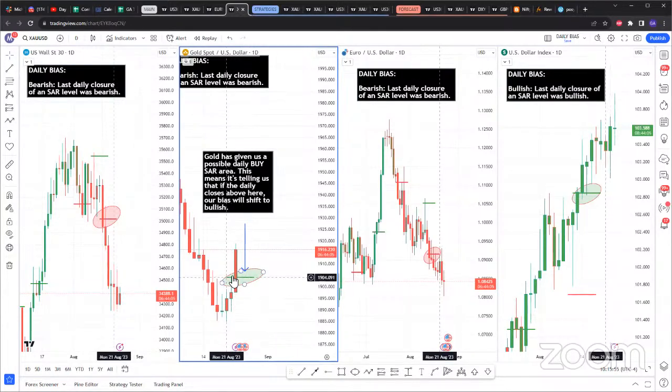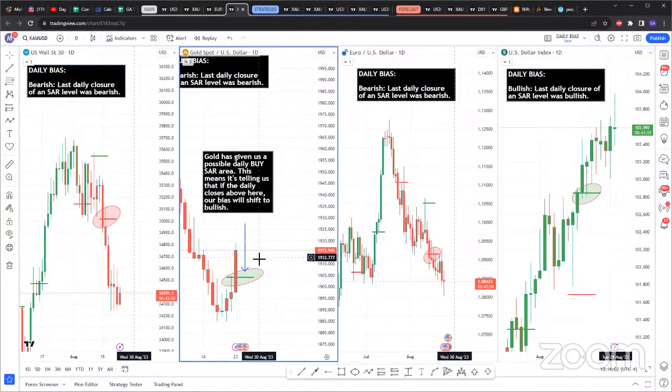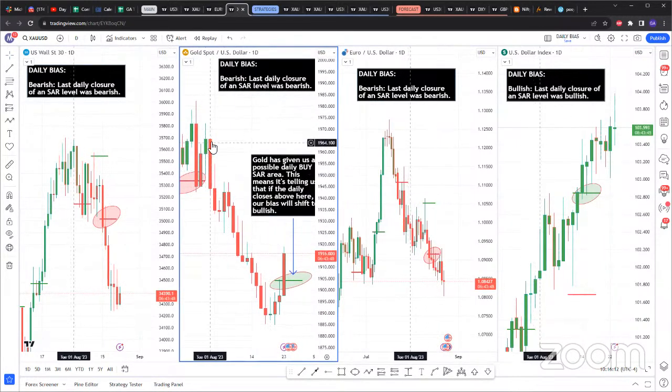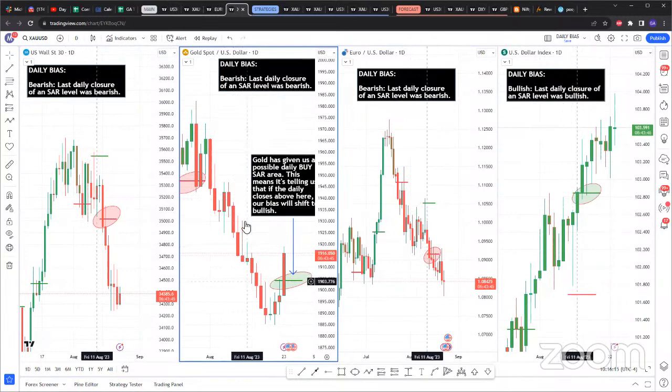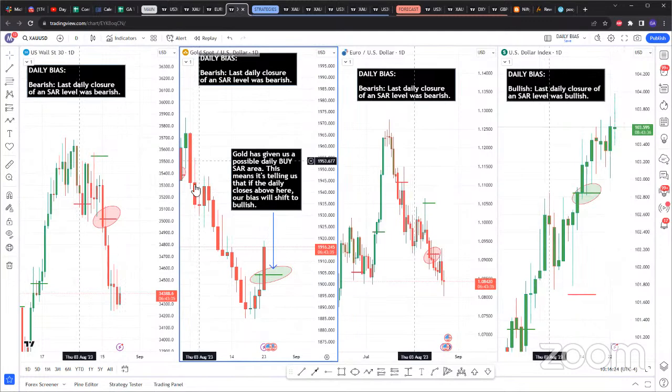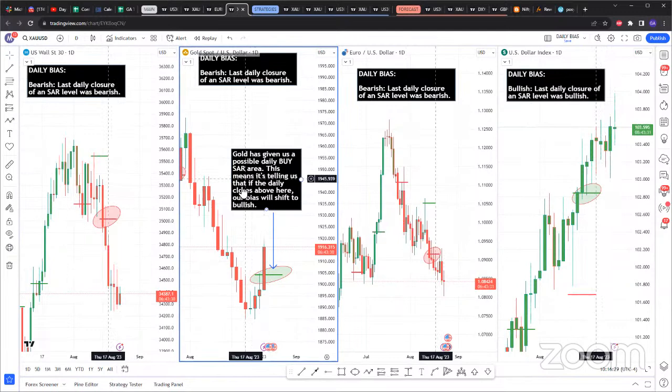I sent this buy SAR to you guys yesterday in the Discord and told you, hey, gold is telling you that you might want to start wrapping up on the sells. I know there are some of you who use EAs in here, and I told you this whole time, if I was using an EA, I would have been sells only. So when I sent this yesterday, it might have been a time to think, okay, because if you sold only gold, and this was for a whole month, July 23 to August 23rd.